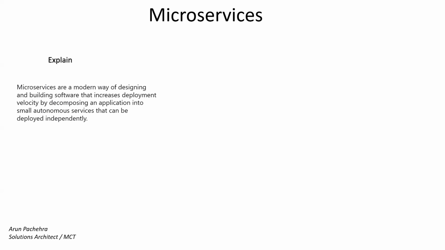Because you have broken the application into microservices, now you can deploy small updates or small features in any of the services continuously. So delivery would become faster. So the ability to deliver value to their customer becomes faster. Remember,